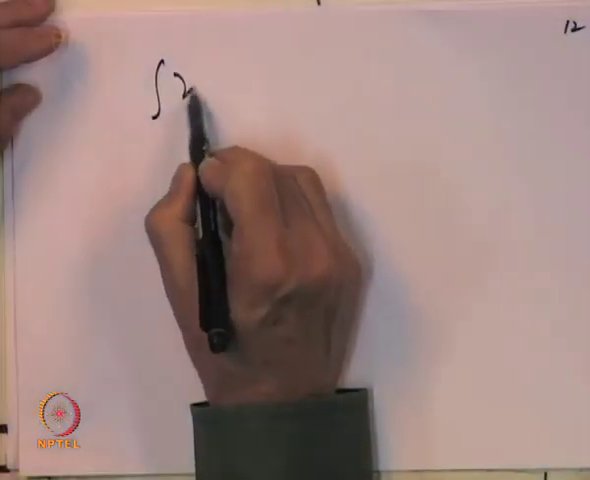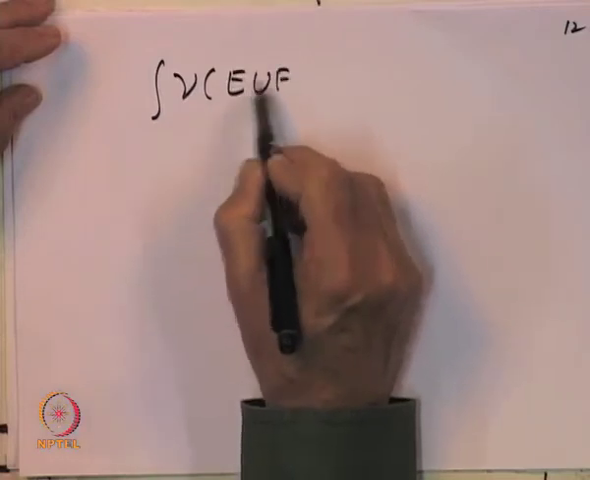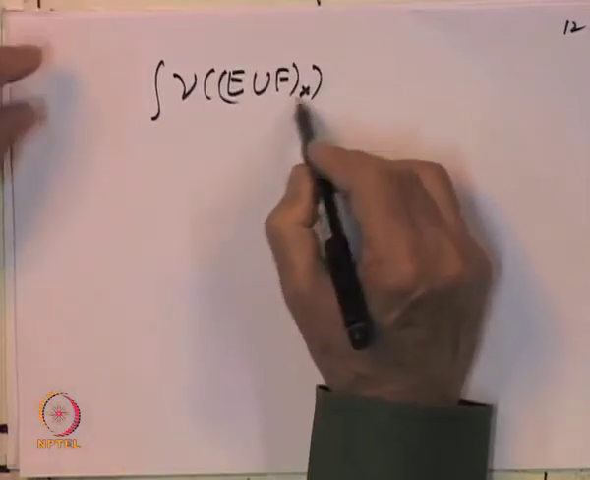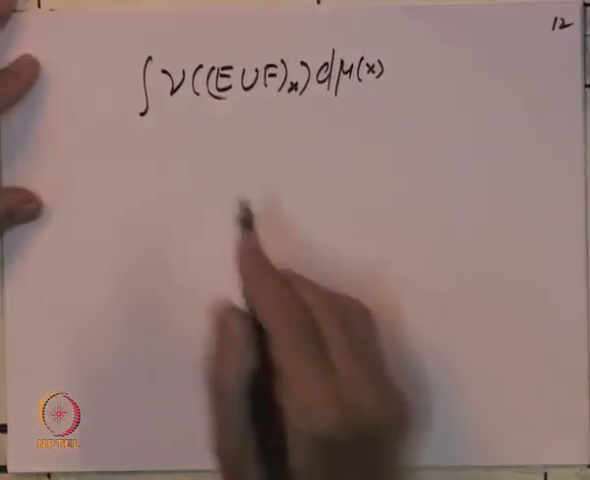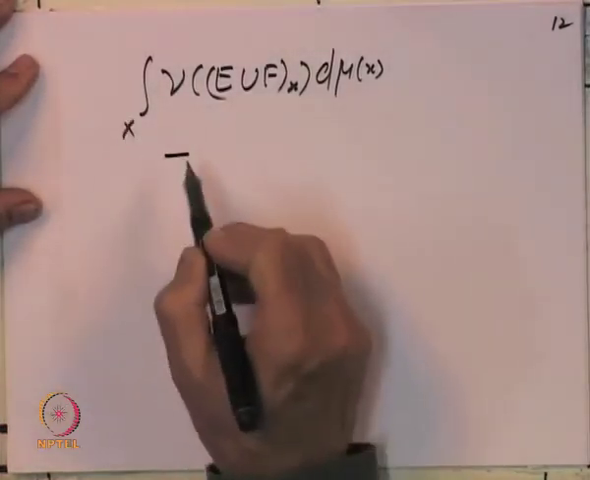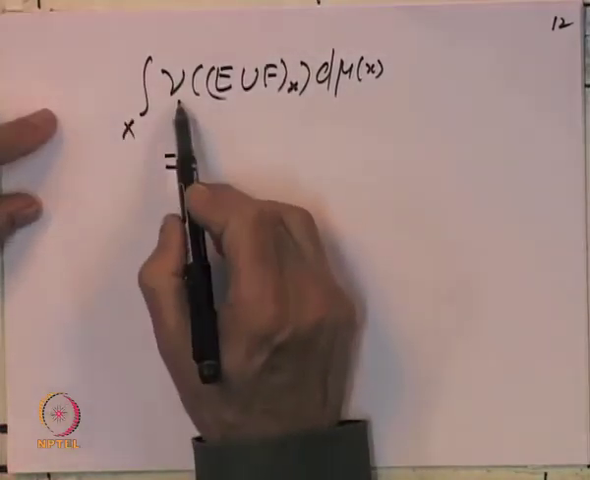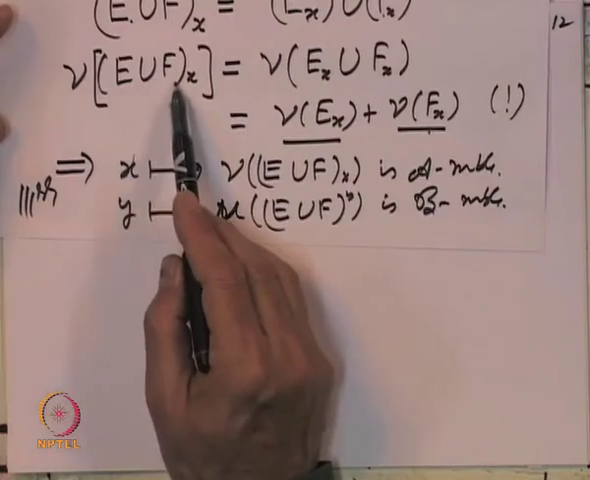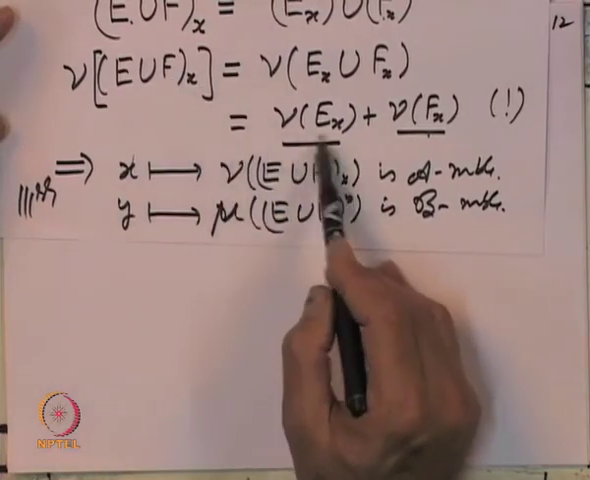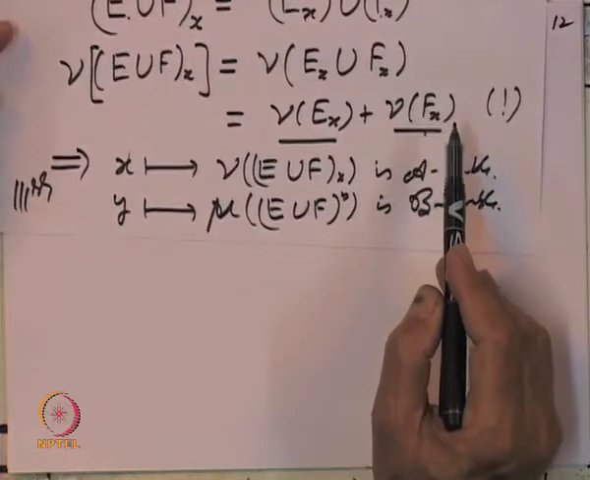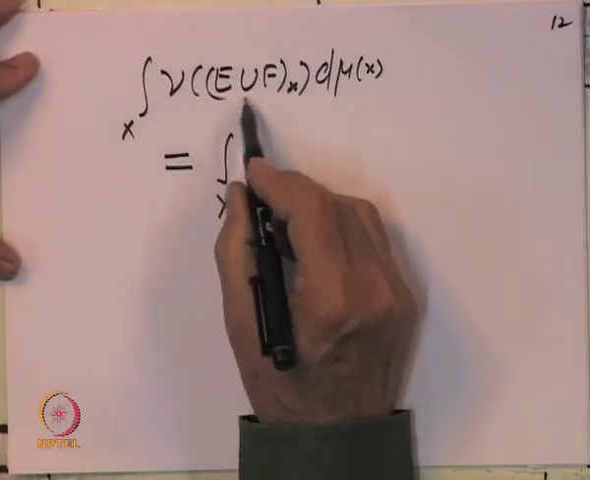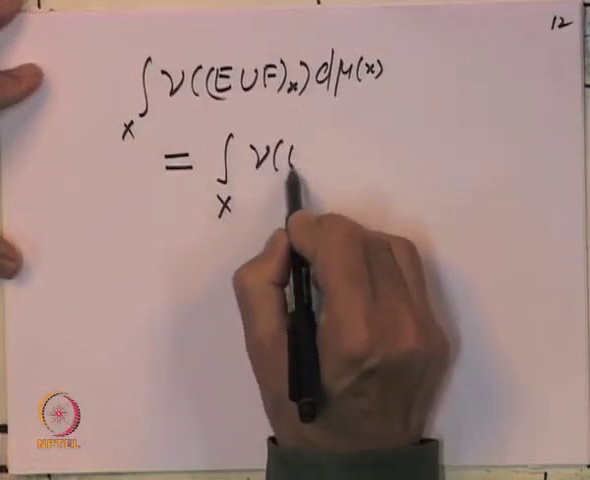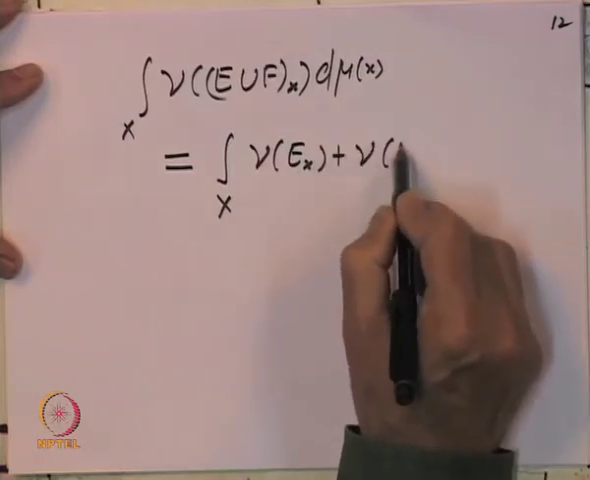So, let us integrate nu of E union F section, this is a measurable function. So, with respect to mu we can integrate this. So, this over the set x, of course, this we know by what we just now proved: nu of E union F at x is nu of E x plus nu of F of x. So, let us use that property, and so this we can write as the integral over x, where the integrand nu of E union F of x is equal to nu of E x plus nu of F of x,